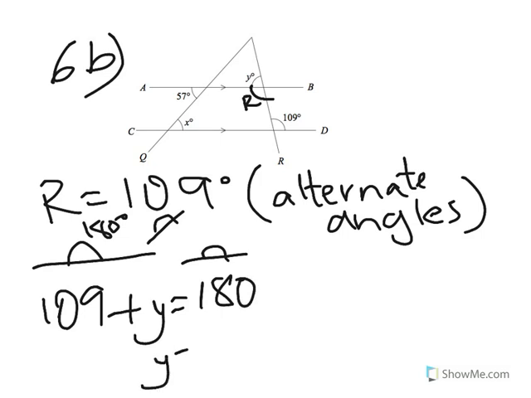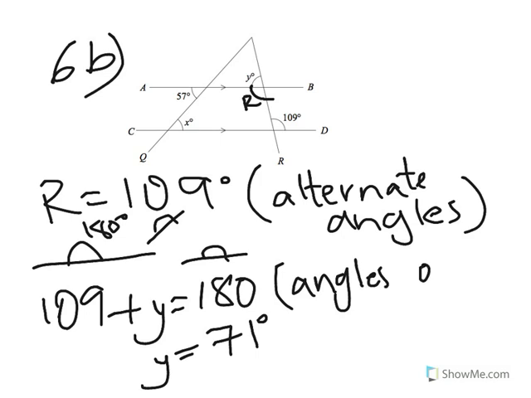So if we subtract 109 on both sides, we get Y is equal to 180 minus 109, which is equal to 71 degrees. And if you give the reason for this, it's because angles on a straight